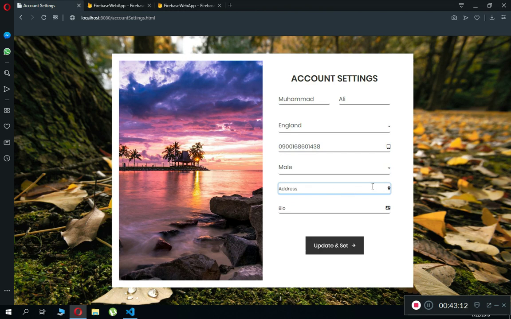So let's write some random address, just for testing purposes. Let's say street this block 21D, London, UK, United Kingdom, or whatever. Just type it,